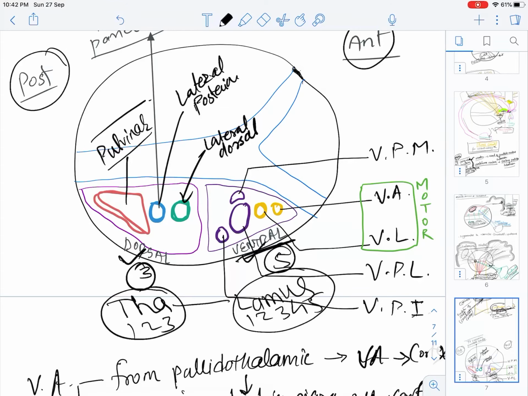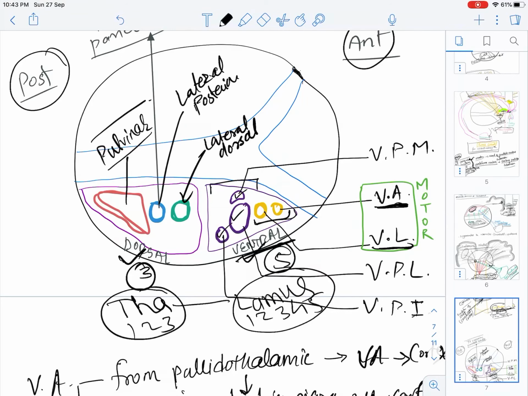The ventral nuclei, these 2 I have drawn with orange color because they are concerned with motor activity, and these 3 are with a different color because they are concerned with sensory activity. So we will name them. The first one is ventro-anterior, then ventro-lateral, this second one, then these 3: one is ventro-posterolateral, this one, then ventro-posteromedial,